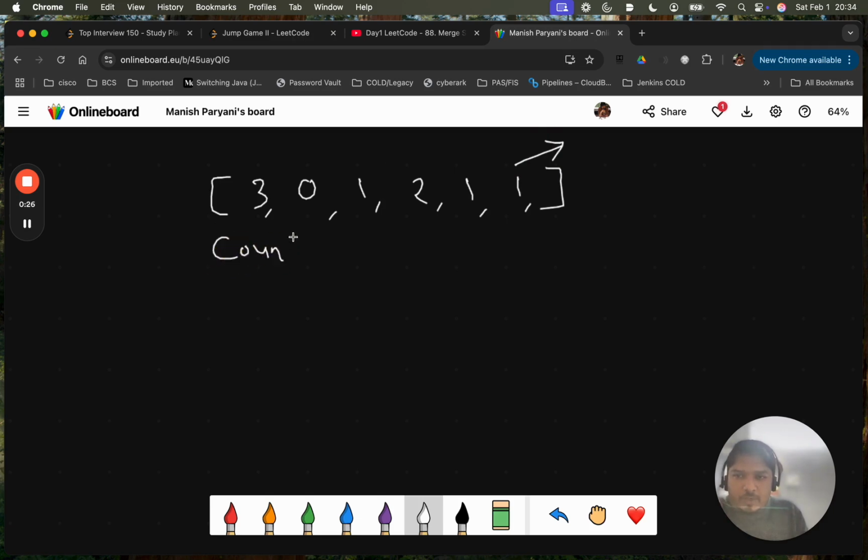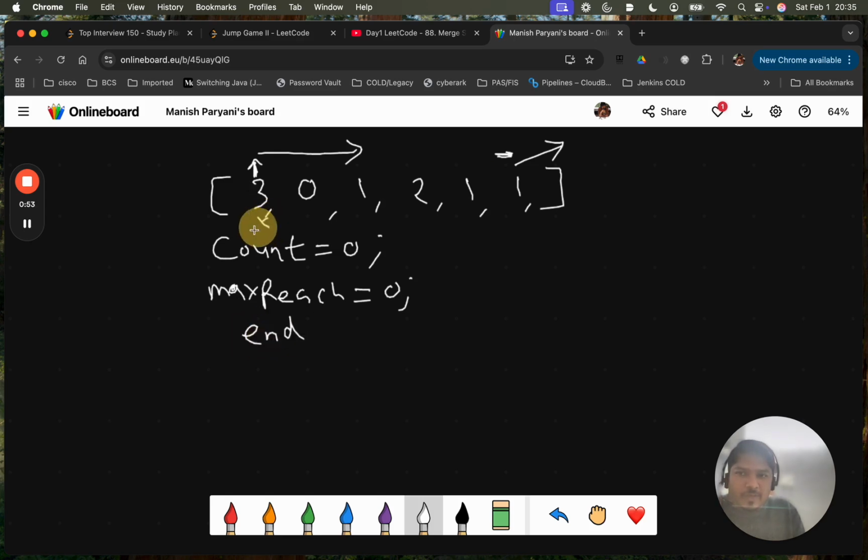Definitely we need a count variable, and we also need a max reach variable. If you've seen the previous video, we calculate max reach, how far we can go in this array. And we are going to apply a greedy algorithm here. At the very first place we assume that we can reach the last position. We don't know what the value is here, so initially it will be 0. Okay, now these three things I'll initialize, and then I'll start a loop from